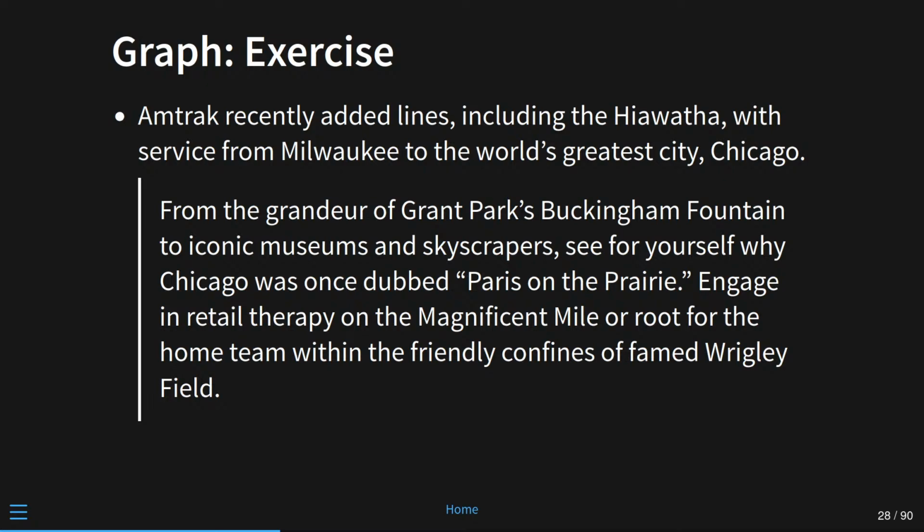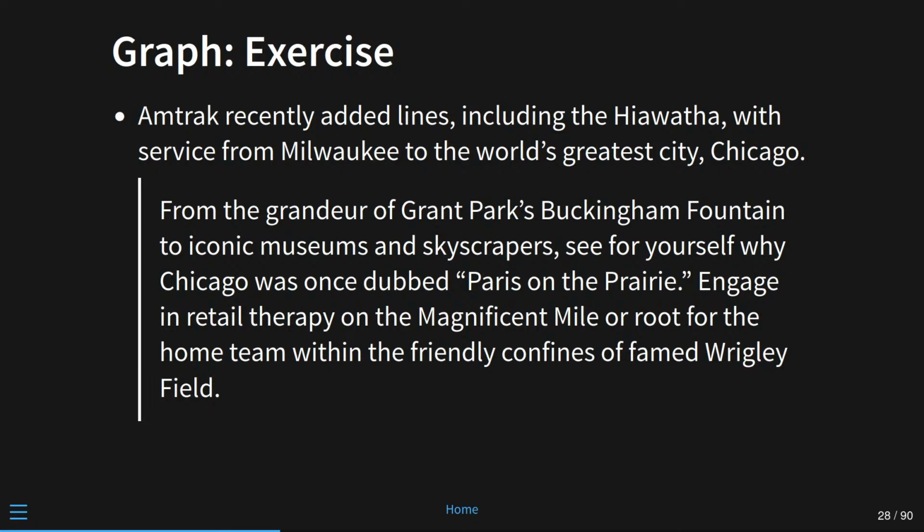I would like you to share in my love of Amtrak, so I'm going to read this description to you and just think about how cool Amtrak is. From the grandeur of Grand Parks, Buckingham Fountain, to iconic museums and skyscrapers, see for yourself why Chicago was once dubbed Paris on the Prairie. Engage in retail therapy on the Magnificent Mile, or root for the home team within the friendly confines of famed